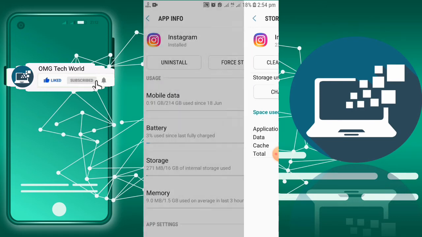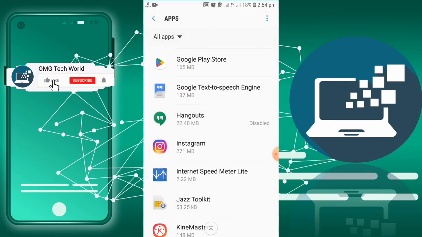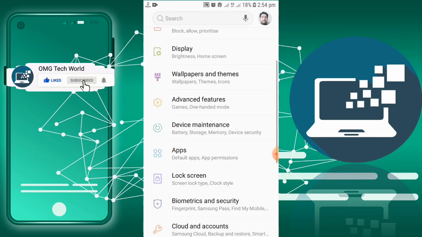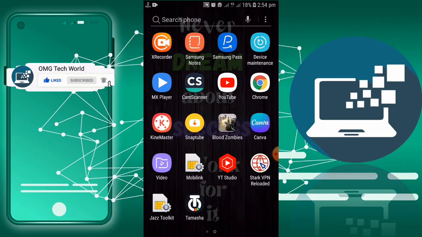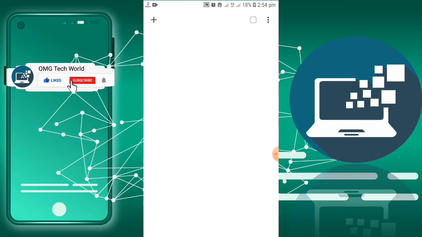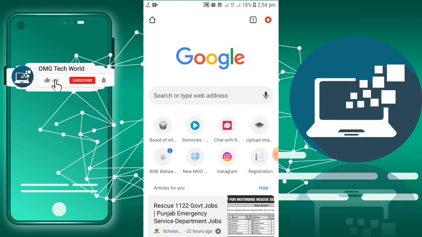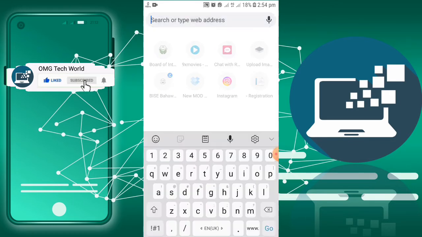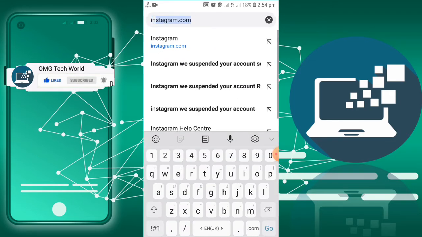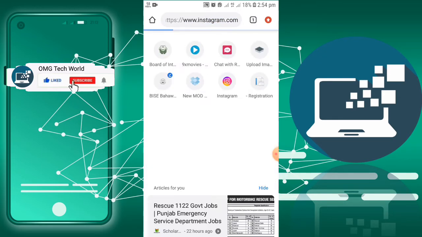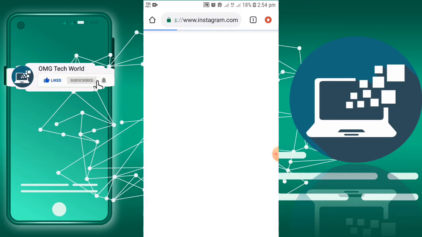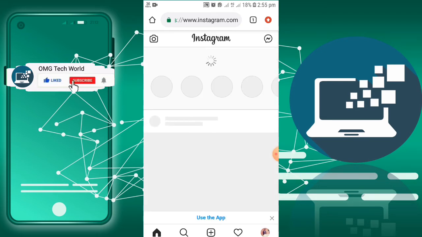After that, you can also try the fourth trick, which is, as you have to open any browser or Google Chrome and you have to search for Instagram. As you can see, I will try to log in to Instagram from my Chrome browser. After I have logged in to my Instagram account on Chrome browser, then there is a trick from this method,